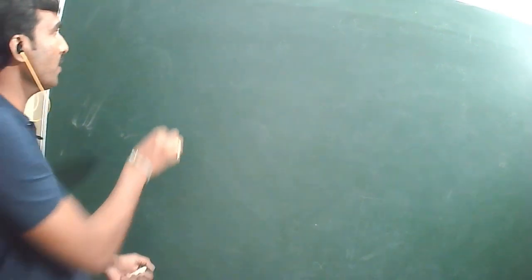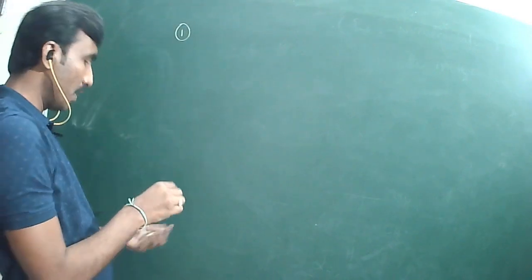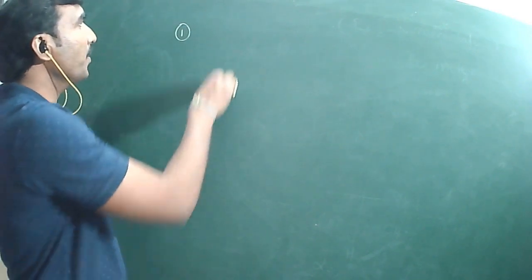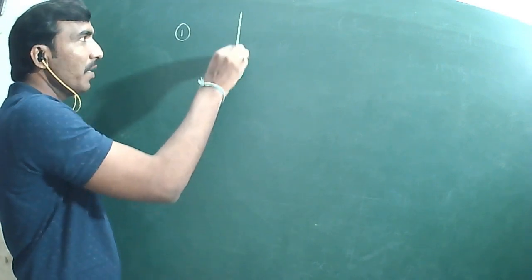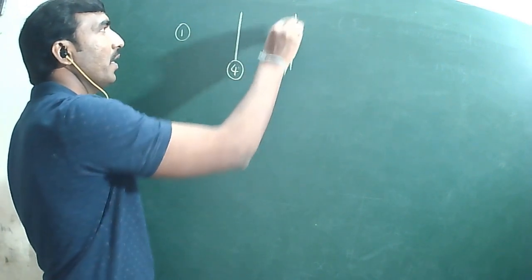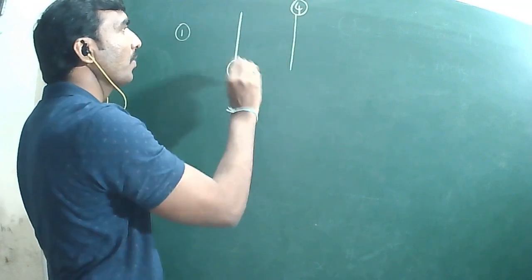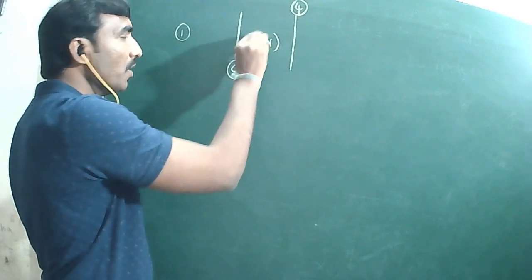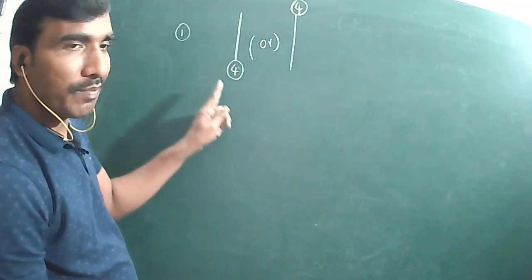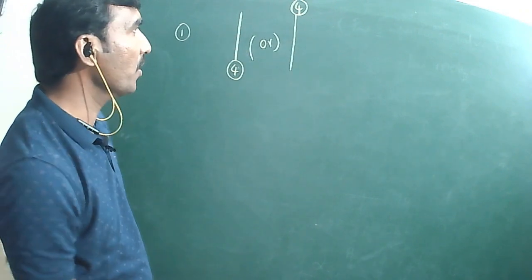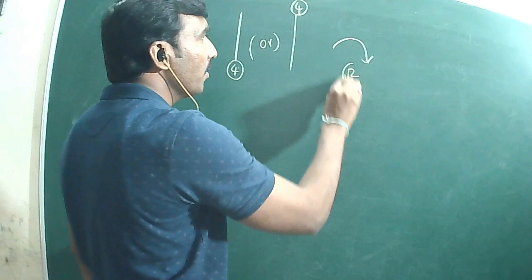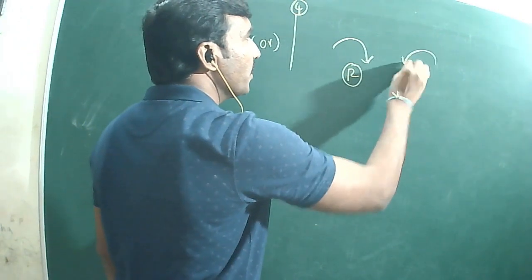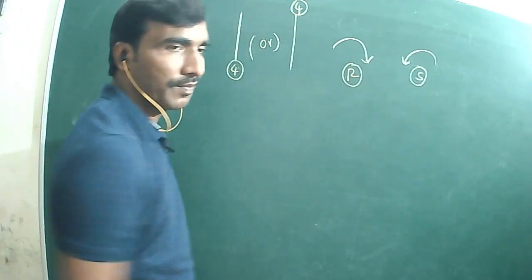So very simple. The first case is what? If the least priority group is on the vertical line, it may be at the bottom or at the top, whatever it may be. If your vision is rotating in clockwise, R, and if your vision is rotating in anti-clockwise, S.